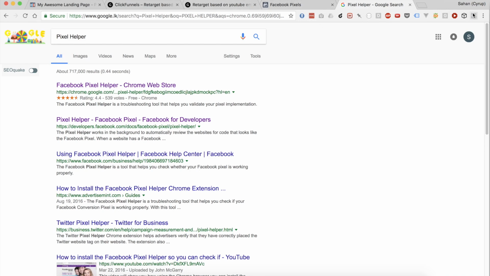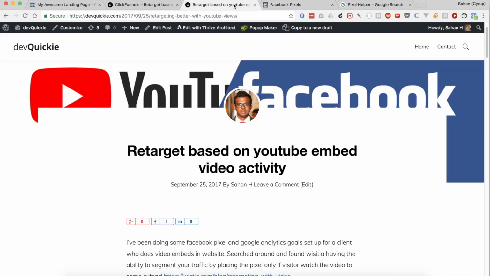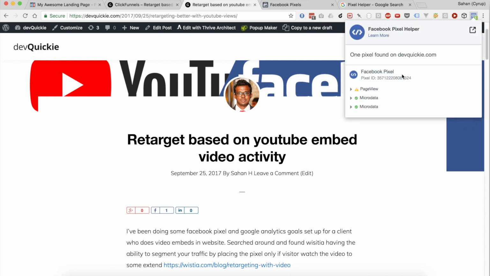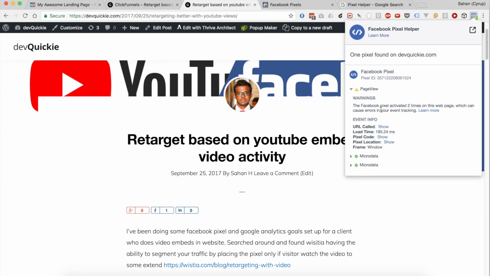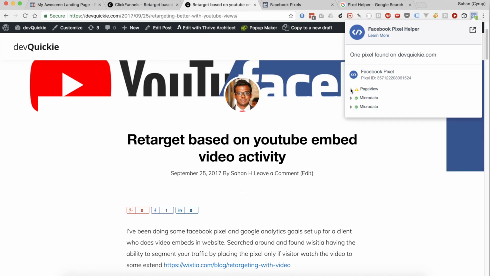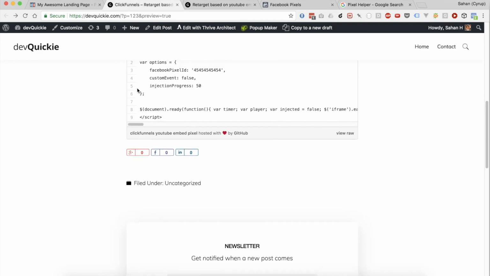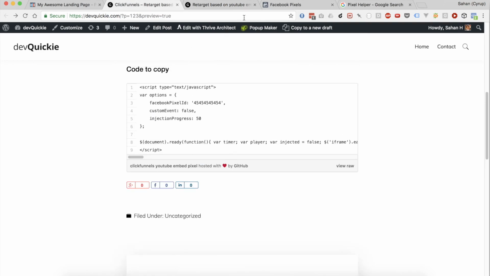So how this plugin works is, say you are on your page and you want to debug a pixel. Now you can see, when I am on my website, it shows that it has 3 pixels. Oh, it even gives a warning, which I didn't know until now. So yeah, you get the idea. So make sure you have this plugin installed, and then this is the post regarding the Clickfunnels. I'm gonna close out my old one. Alright, so